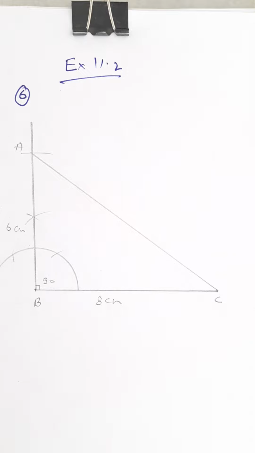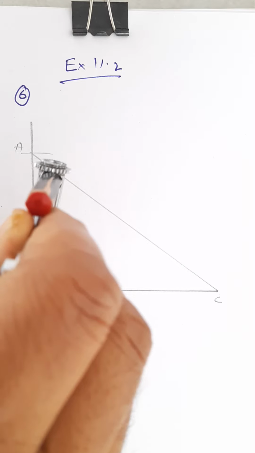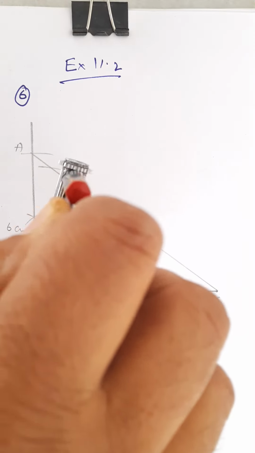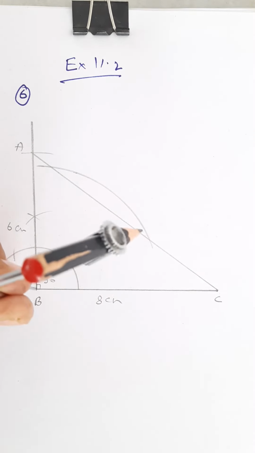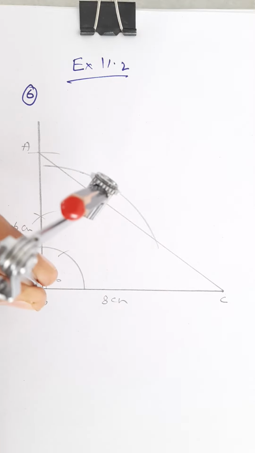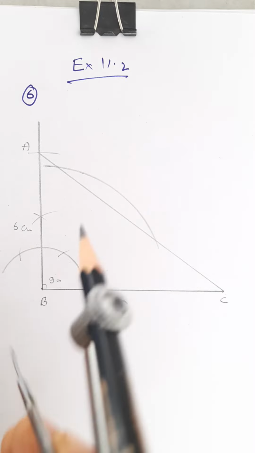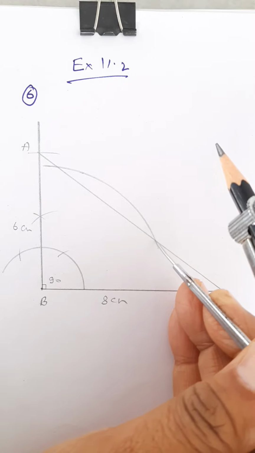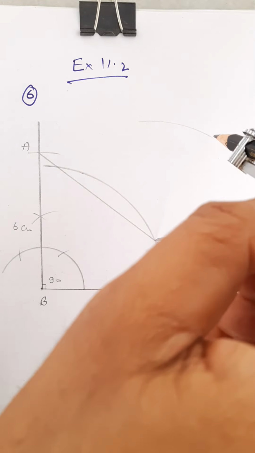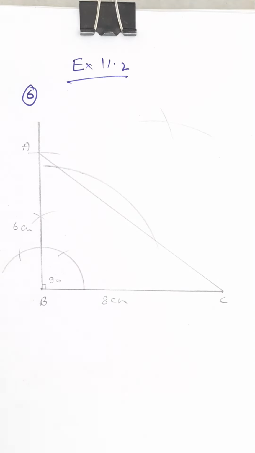Now this step is little complicated and important. From here you cut an arc in such a way that this arc is intersecting AC at 2 points. So take the radius little bigger than this line, little away from this line. First of all, take an arc and cut in this way. Then from this point, cut an arc here, and from this point again you cut an arc here. And join this, one arc from this side, one arc from here.